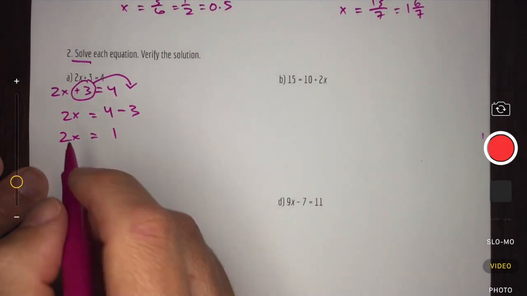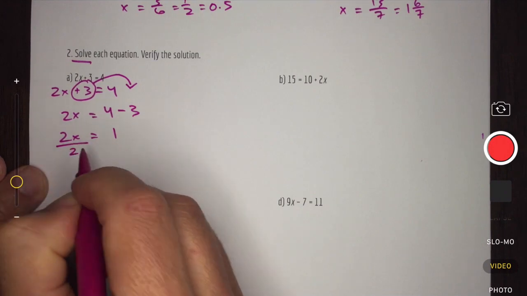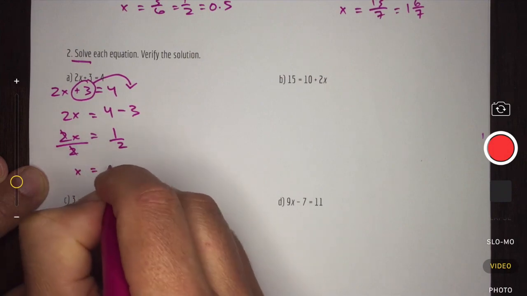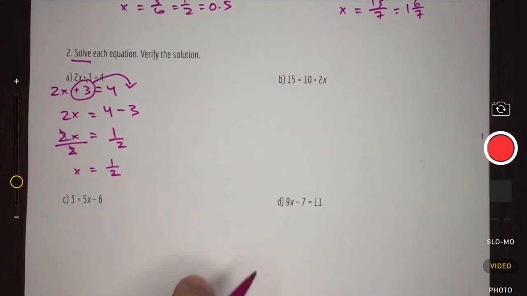And then if I want to get x all by itself, what I have to do is divide both sides by 2. Those are going to cancel out. And I'm going to figure out, or I think I'm going to figure out, that x has a value of 1/2. Now, when I verify,